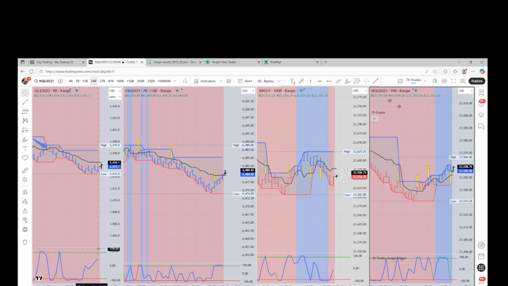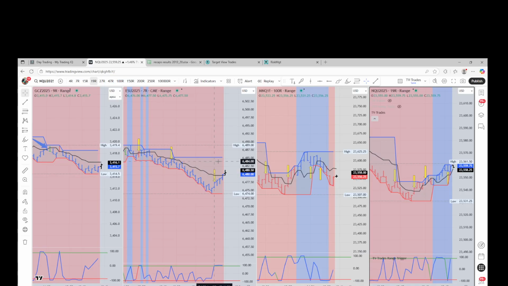we want an up close on this bar that was put in the overbought, pretty close to the midpoint, but the next bar would be your trigger bar. Like right here on the Russell, this could be your trigger bar. We need a down close on this. It's got a high of